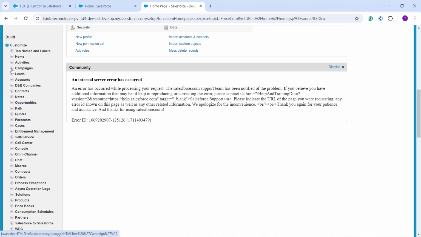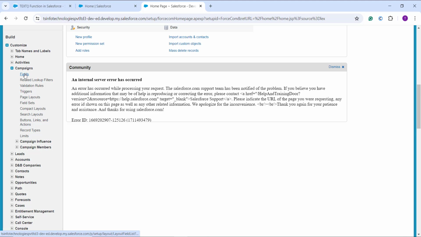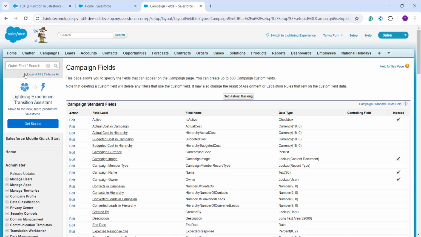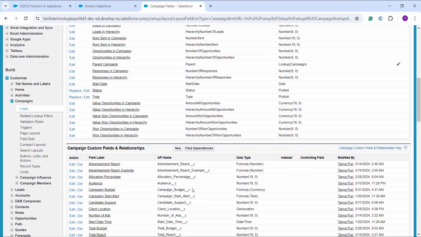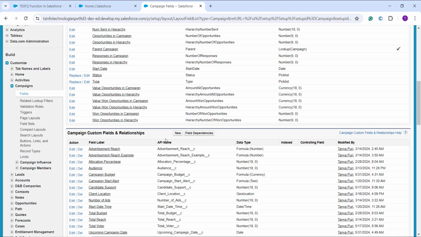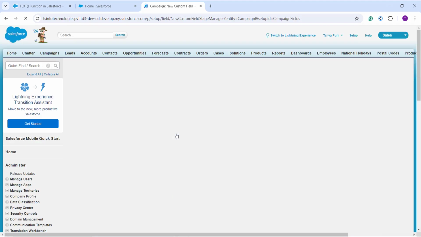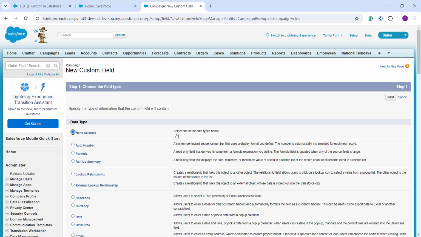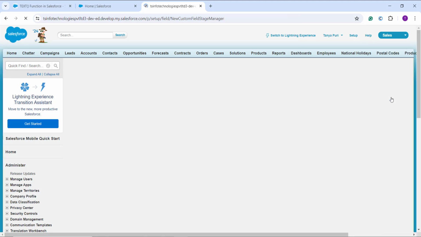So here I am going to show you Campings as the one, because I want to print a message about whether the upcoming camping is possible on the date or not. So I click on that, and now I scroll down to the Camping Custom Fields and Relationships, and here I click on the New button. Once I click on that, I choose Formula as the field type, because I am going to use a function,